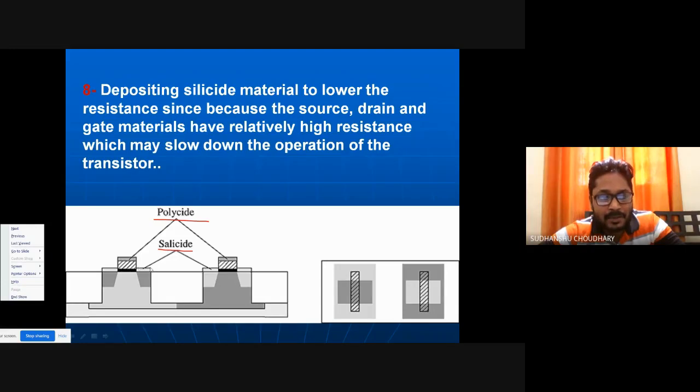So to raise the conductivity of the source and drain region, you coat the source and drain contacts with silicide, right?